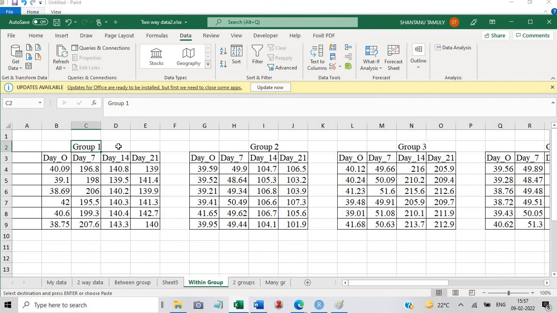It is called within group variation because the day 0, day 7 values you are seeing are the values of the same group. That is why it is called repeated measures, because you are repeatedly taking the reading in the same group of animals. So I will start with group 1.